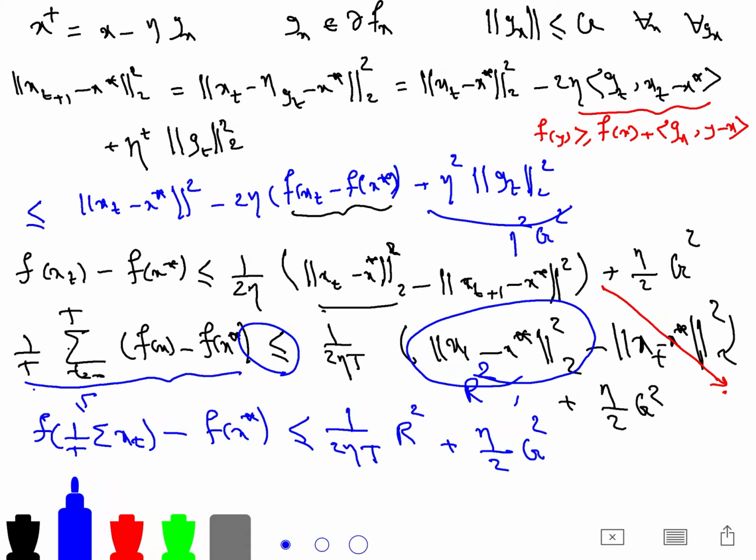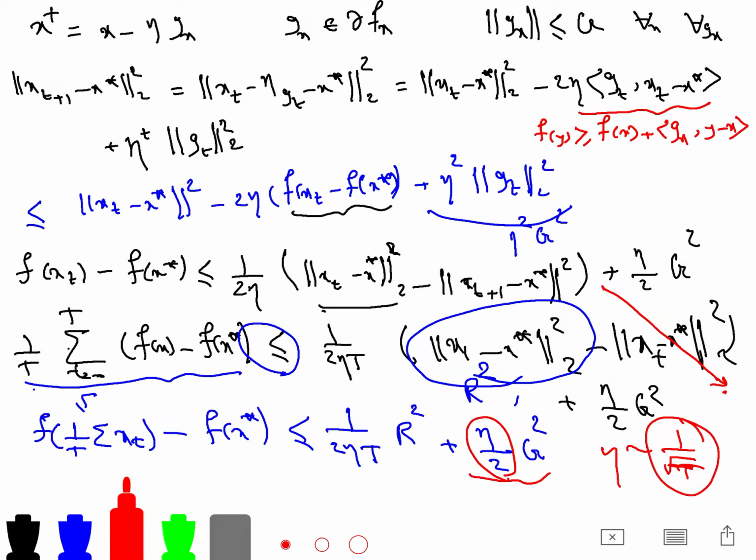So you see that eta, we can take the derivative with respect to eta to notice that this is equal to 1 over root of T. And because eta in this term increases the error, while in this term it decreases,